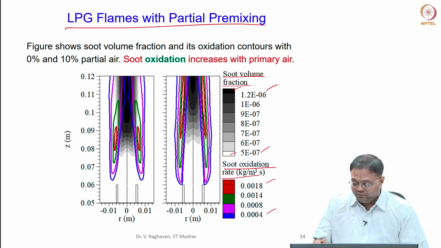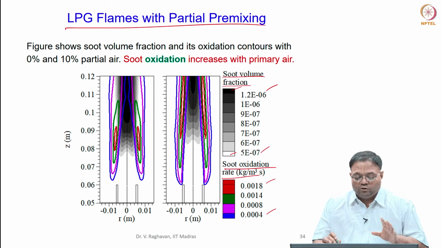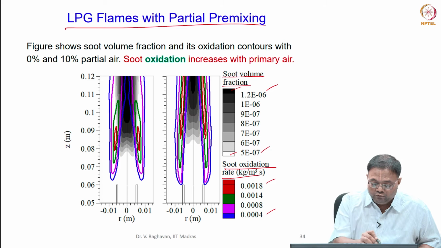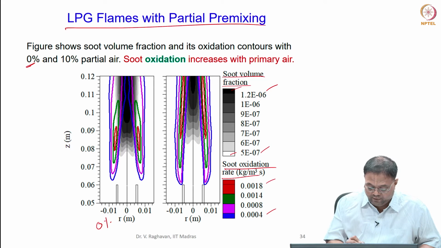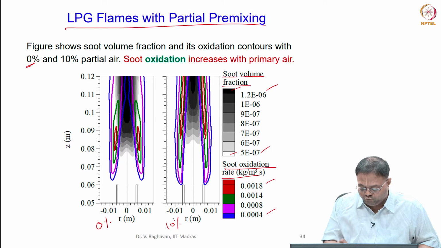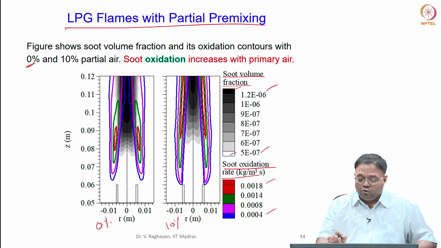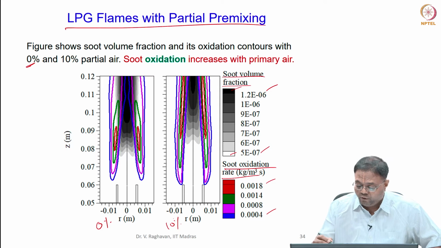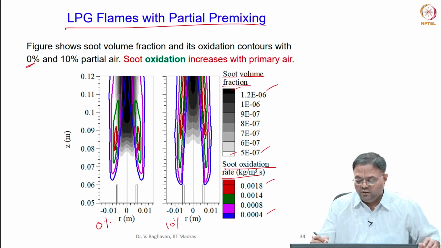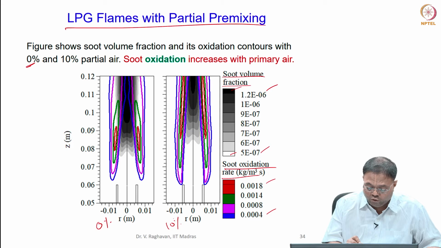Again you can see the variation, the red lines represent 0.0018 and the blue line, which is lowest, is 0.004. So, both are shown here. This is for 0% primary air and 10%. We have just taken the first two cases to show and discuss here. In both you can see that soot is formed in this range, very small amount of soot is there. You can see that the soot forms here,